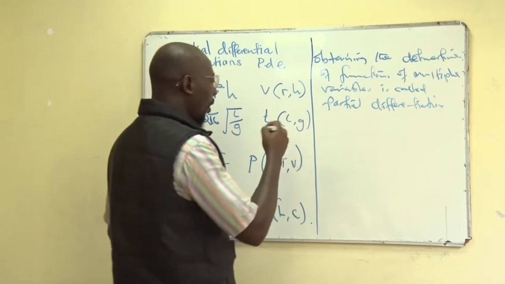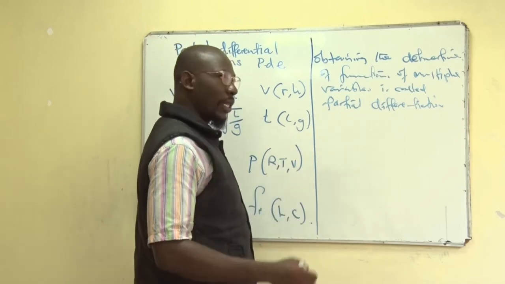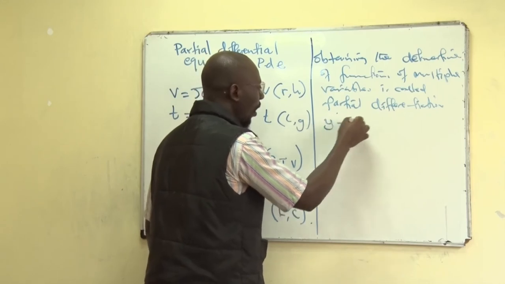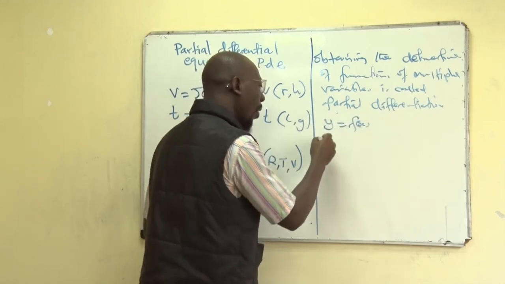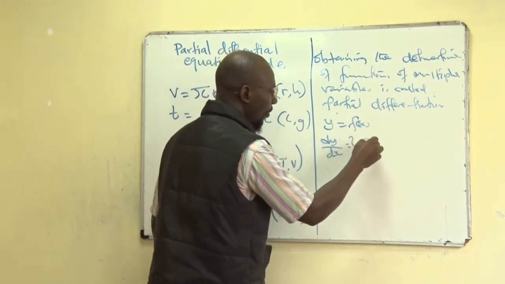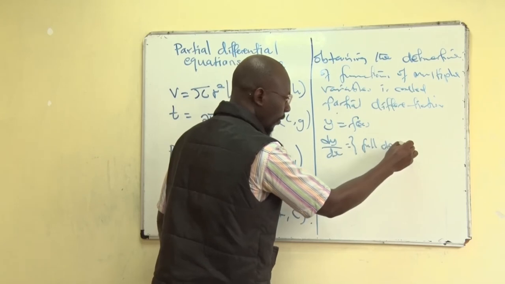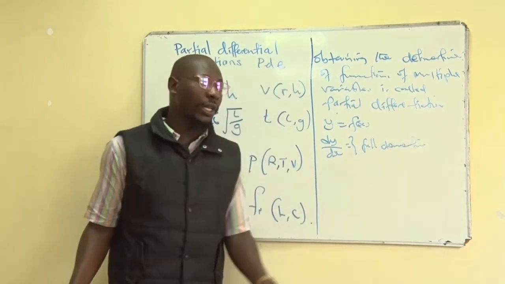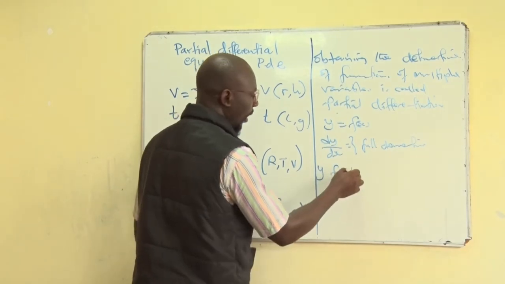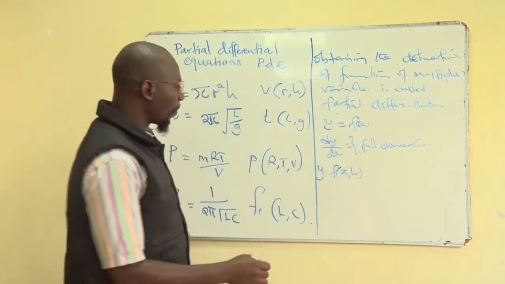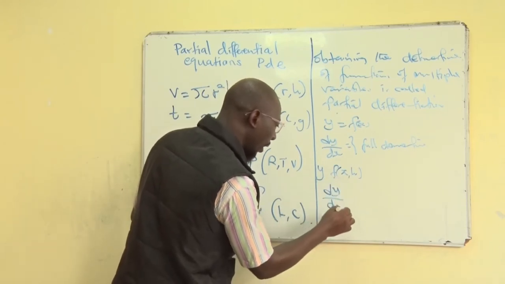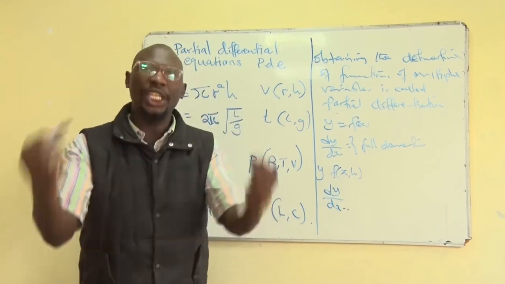And previously in differential calculus, that's the full derivative. Given that a function is y as a function of x, so dy over dx is called the full derivative. But for partial, when for example y is now a function of x and h, dy over dx cannot be found.